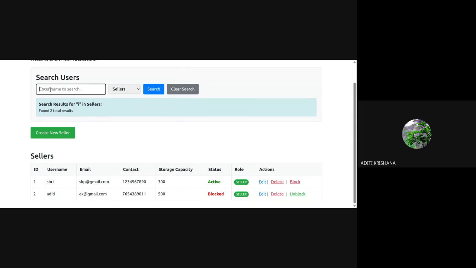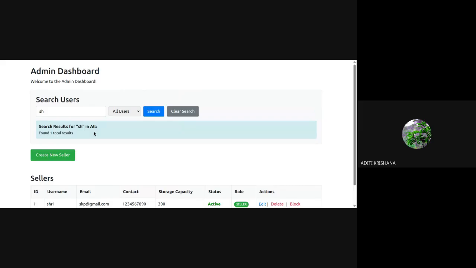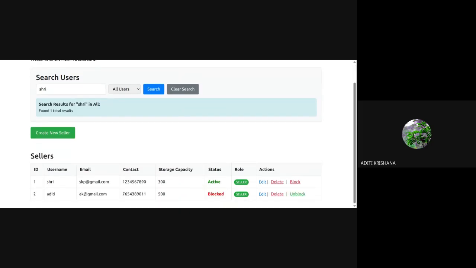So Shri and Aditi both are having I. Now I am clearing the search. And now again I am just leaving it as all users, and I'm searching for SH and search. In all, it has found only one total result. Then I will search for Shri. Yes, only one is there. So you can understand how the search results are taken.